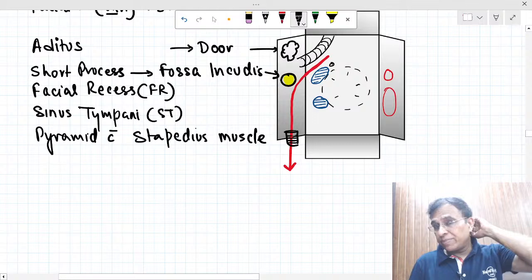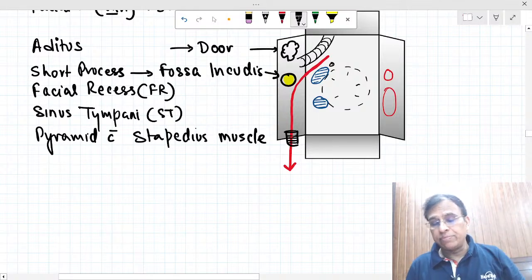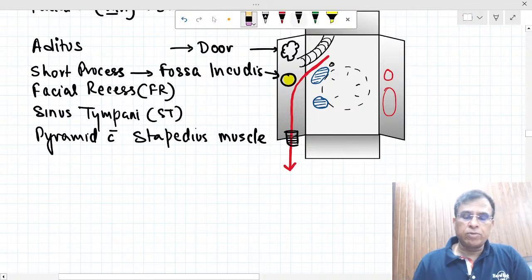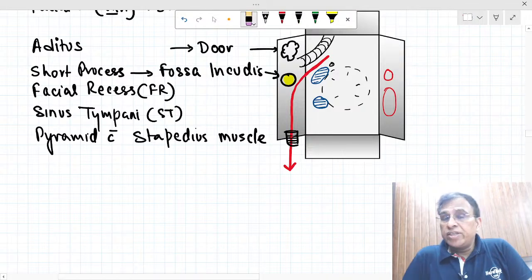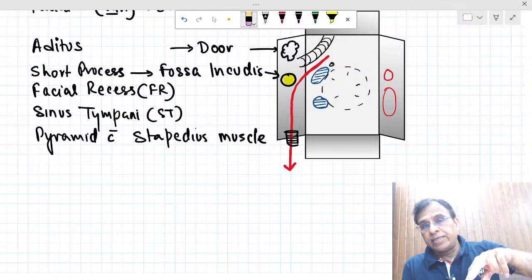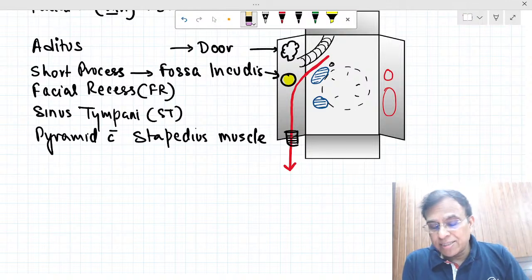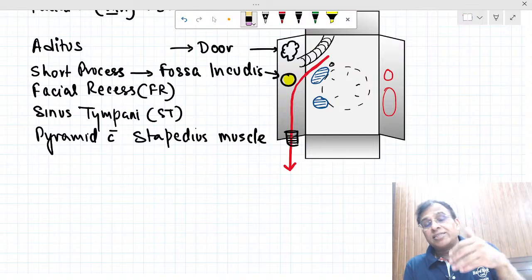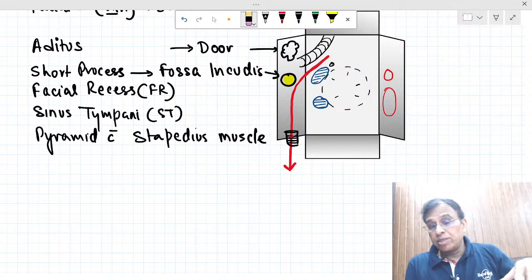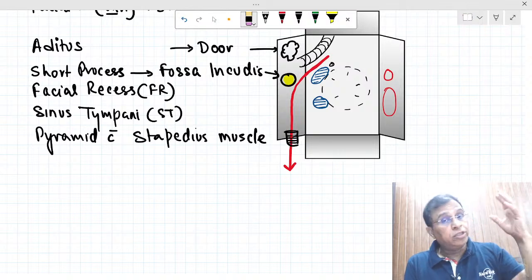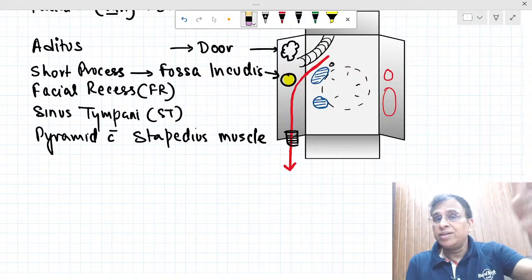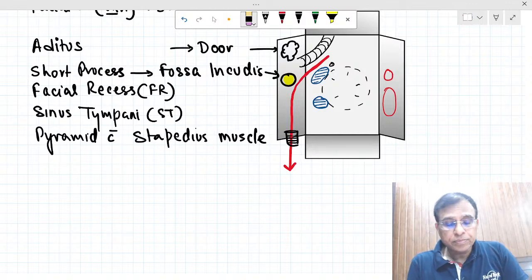Which is the first muscle we mentioned? Tensor tympani. Remember, from this canal on the anterior wall, there is a muscle called the tensor tympani muscle, and now we will talk about another muscle, the stapedius. So we have discussed three ossicles, two nerves, the facial nerve and the tympanic plexus, and two muscles. This is the second muscle, right? I told you six walls. This is the last wall. Three compartments we know, three ossicles we know, two muscles, we'll discuss one of them, and two nerves. So we have done everything. This is the last thing you have to do. Now